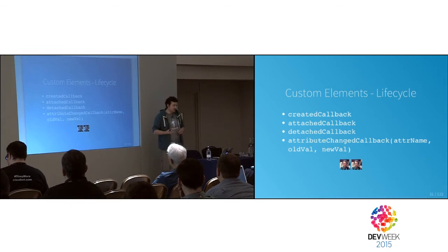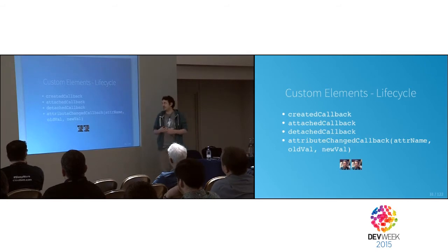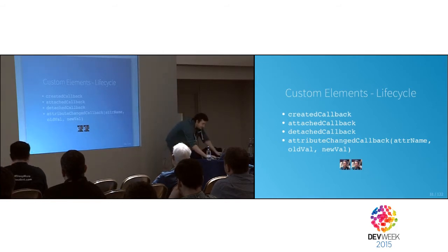So we've already seen one of the callbacks, but there are 4 callbacks. There's created, so when the element is actually created, when it's attached, so when it's actually added to the document object model, and when it's detached, when it's removed from the document object model, and when an attribute is changed. And obviously that's quite important because you need to know when attributes change to change what's potentially rendered in there. So on the bottom here, to do the dance again,